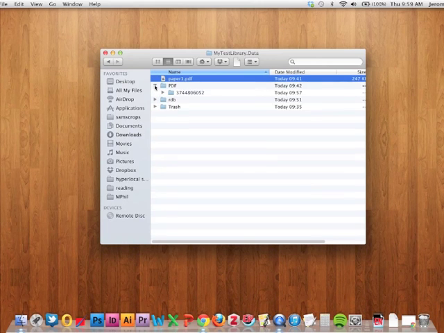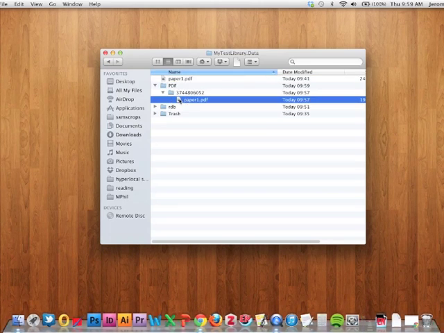There's a folder here called PDF, and that's actually put the PDF that I was just looking at into this PDF folder, and then it goes into another subfolder for each paper, I believe. But if I open that,